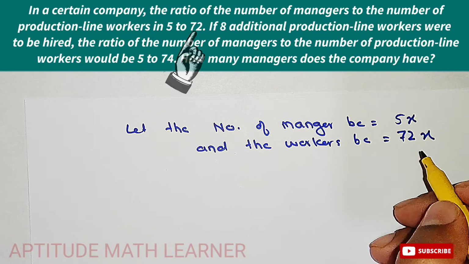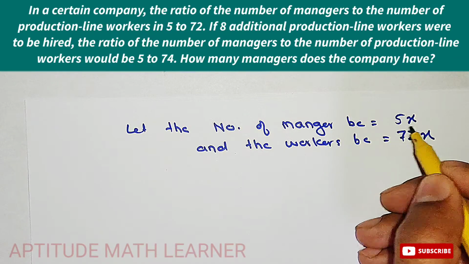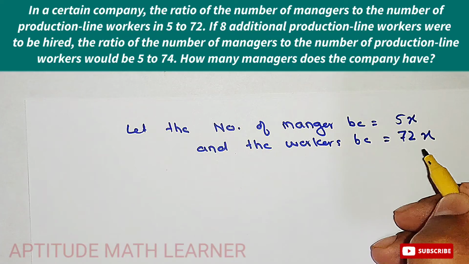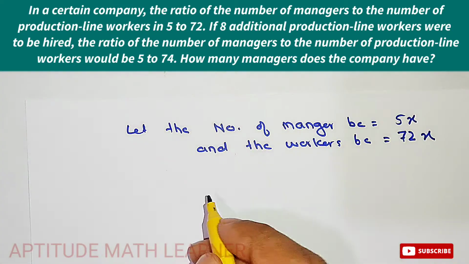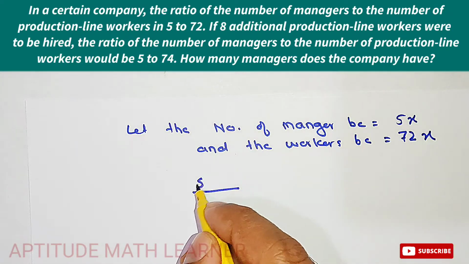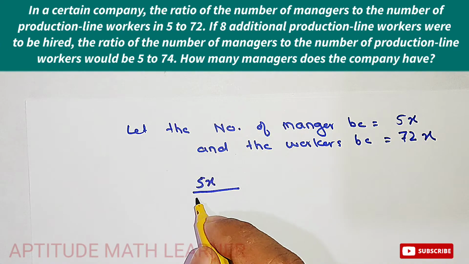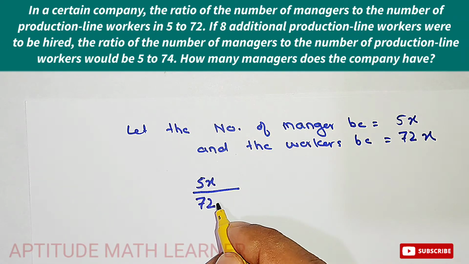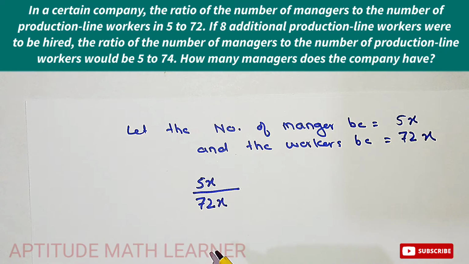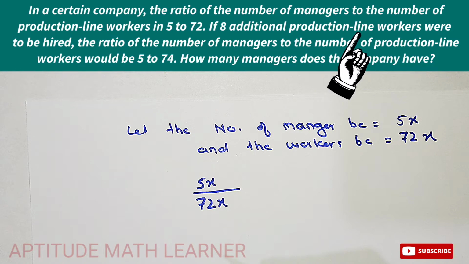So we have just taken for the managers 5x and for the workers 72x. So here we have 5x upon 72x. And now if you see in the question, it says that if 8 additional production line workers were